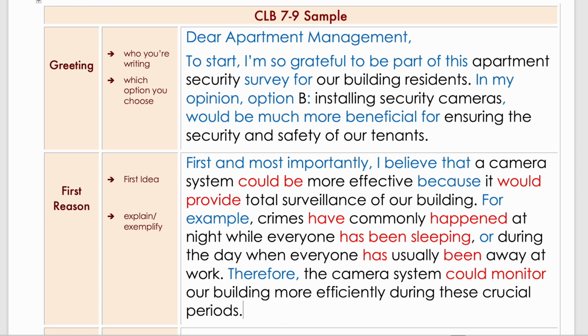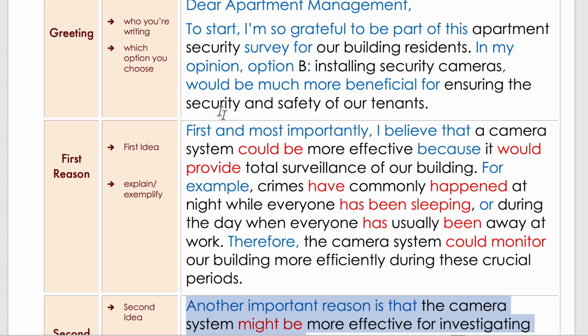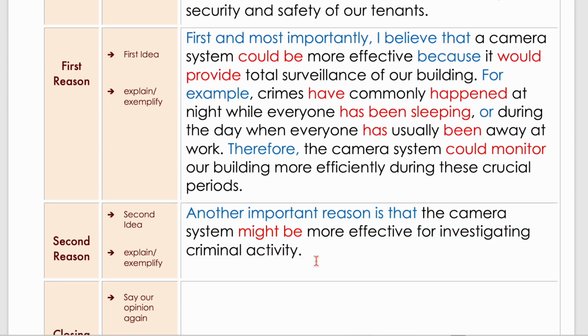Let's get to the second part. Another important reason is that the camera system might be more effective for investigating criminal activity. Okay. So we've changed our modal here from could to might. Good. More effective for investigating criminal activity. I think that is also a good